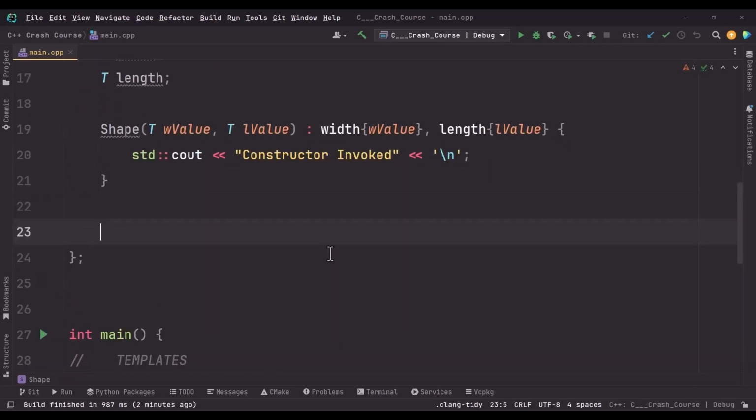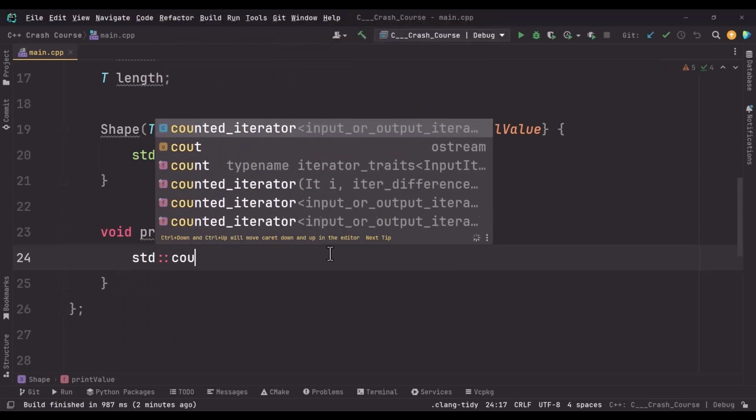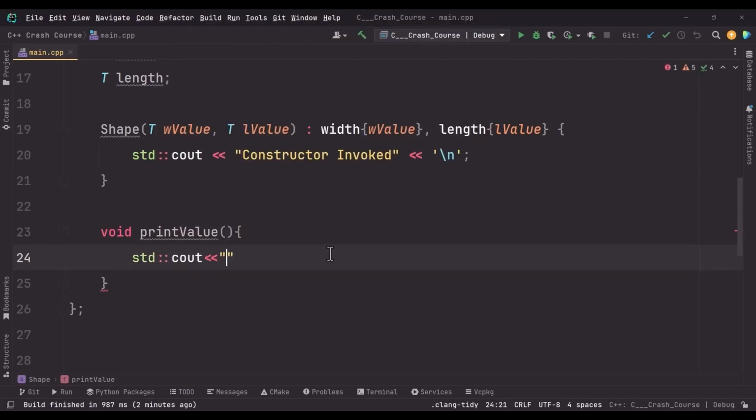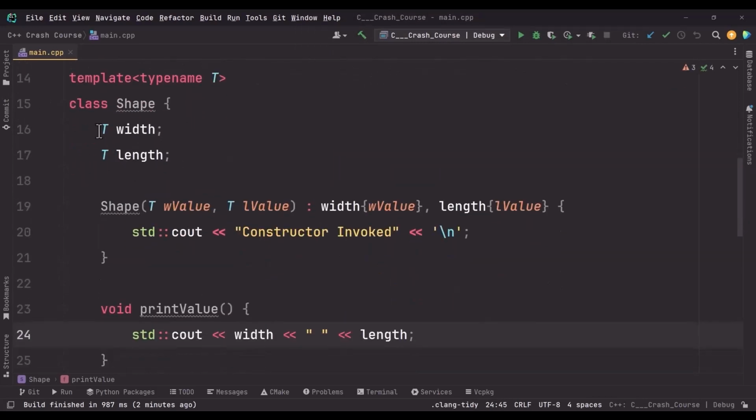Let's say a function of print values of the return type of void, and then over here I'll just std cout and say what, and print out the values width and then the value length, and save my code. And now what I did was I created a class template, and I declared the variable,